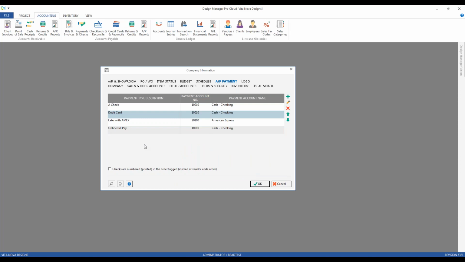Now that might be one of the methods that I use least frequently. So I can actually reorder my accounts payment types as well. So just by clicking the down or up arrows, I can move the order of each of our payment types as well. If we save that,